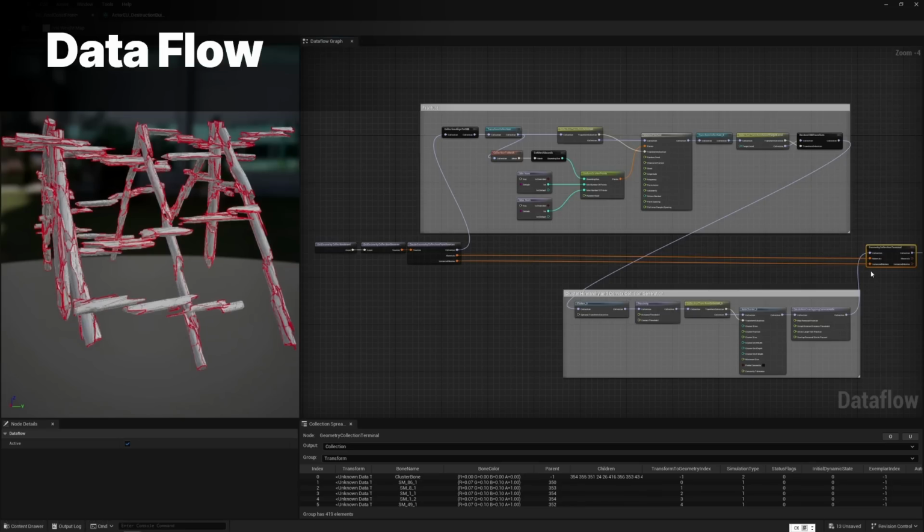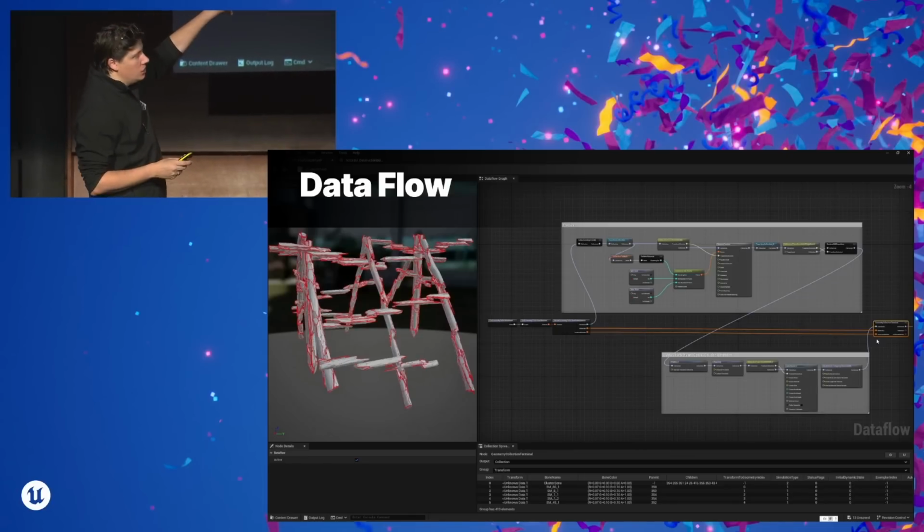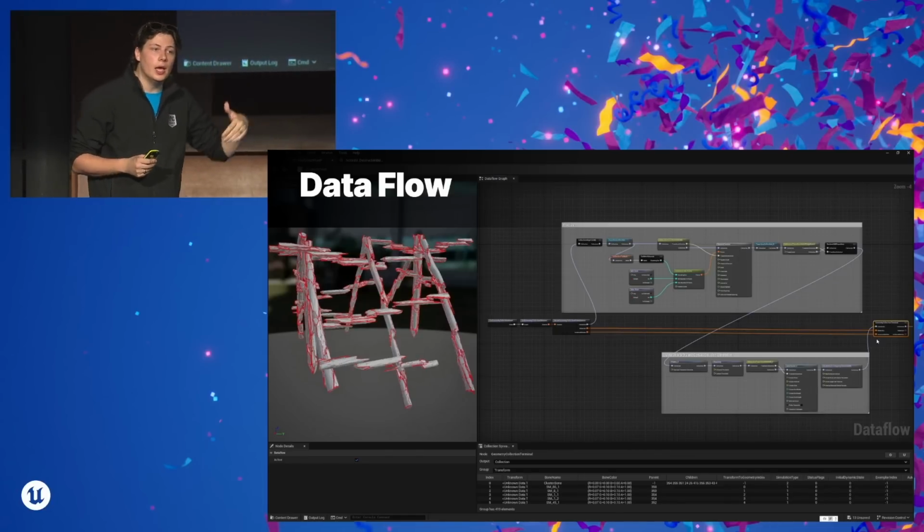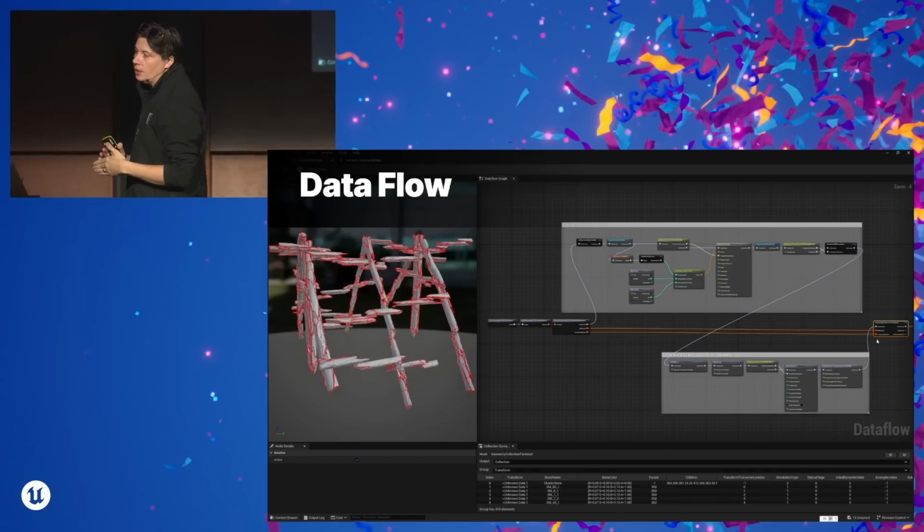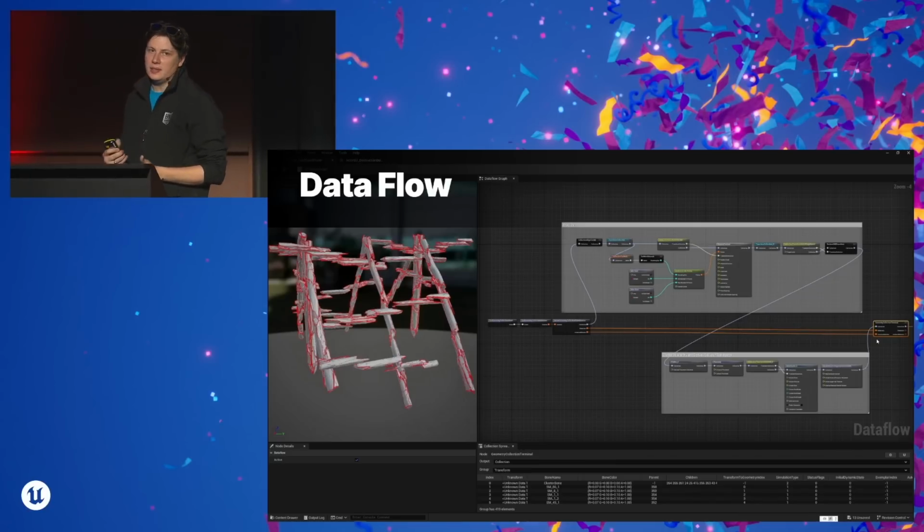So one of the last ones I want to bring up is Dataflow. When you are creating any destruction in your world, Dataflow has been added to the engine. Dataflow is really cool because it actually allows you to set up geometry collections in your world through a graph-based setup, which means that if you're trying to get destruction set up in your scene, but you have thousands and thousands of meshes, these don't need to be handled one by one. Instead, you can set up rule sets through Dataflow to kind of guide that, and it really cuts out a